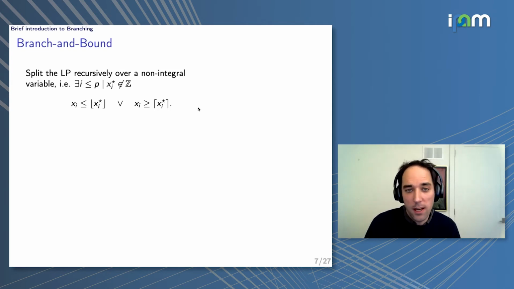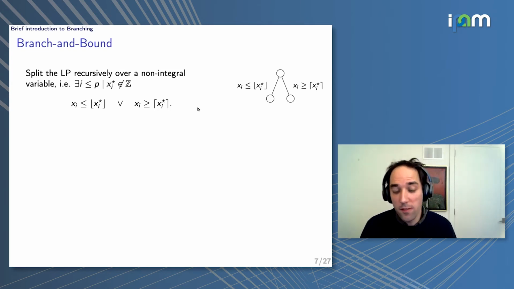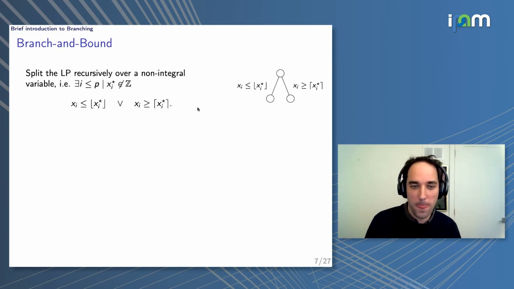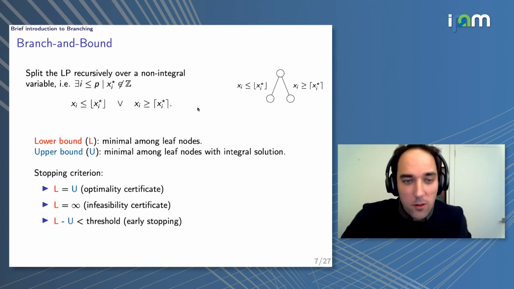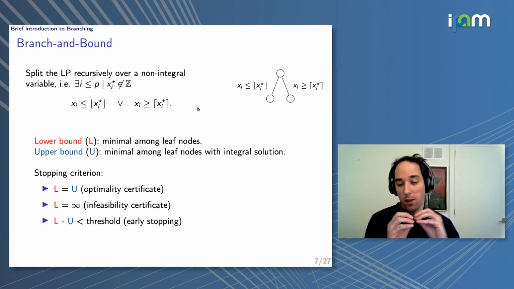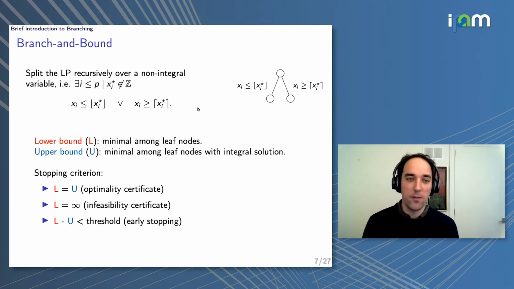So you can think of this as creating a branch and bound search tree where each node corresponds to a MILP or to its relaxed version, an LP. And then when you go down the tree, you're effectively adding constraints. You're pruning your search space. So the further down you go, the easier the problem gets, or at least the smaller the problem gets. So we've already talked about lower bounds. If you look at all the leaf nodes, you can think that the lower bound to the original MILP will simply be the minimum objective value amongst all the leaf nodes.